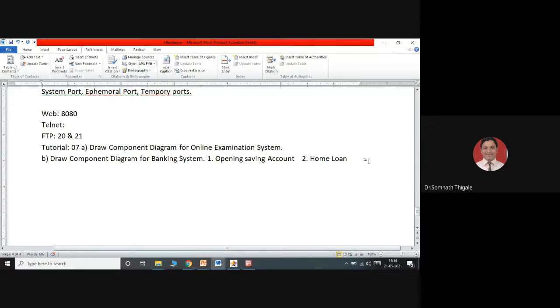Take into consideration the home loan, because whenever any person applies for a loan, his financial status is checked. Checking the financial status of that person is called checking the CIBIL score. Basically it is known as a credit-based scoring system. So eligibility, how much loan he or she wants to take. Yes, consider that scenario and draw the component diagram.